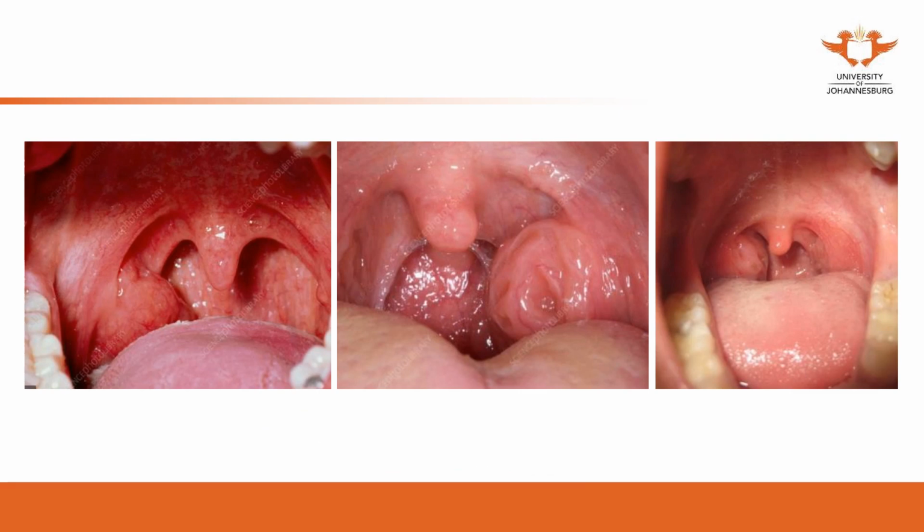From this throat, we want to show you the tonsils. The tonsils are enlarged. So this is when you observe the throat. The first thing you're going to see is the tonsil, and then the back of the throat. When you see these three pictures, you can see they have different colors. This one is pale compared with this. This is red. What's the reason for the difference between these two? Or even this one is pale.